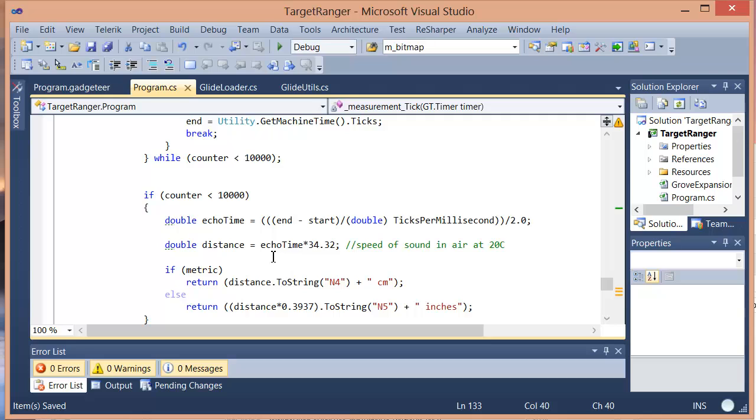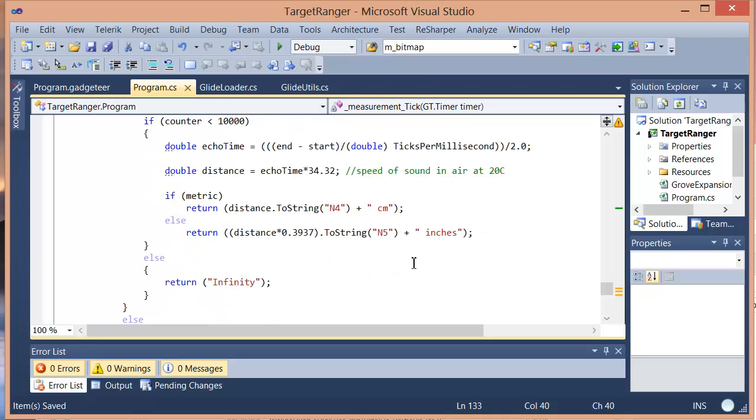And then we can figure out, by the speed of sound through air at 20 degrees Celsius, what the distance is, remembering to divide that by 2 because the sound had to go out and back. And then that gives us our distance. So it's really easy to use